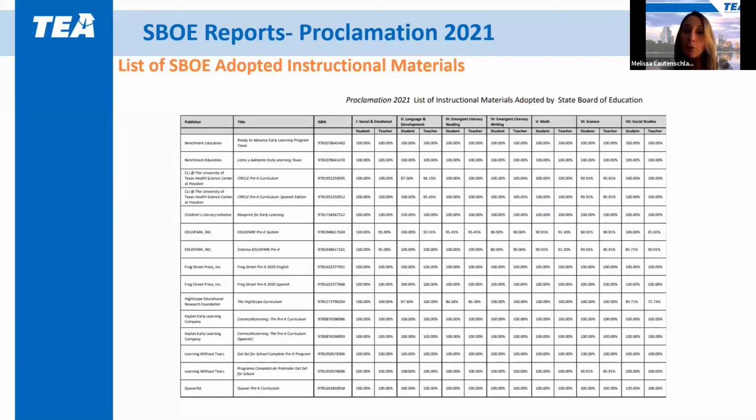So we're going to start off with our State Board of Education reports that happen as a response to the different proclamations. So always beginning here, it helps to understand what is the alignment of standards of our Texas pre-kindergarten guidelines and how well do the materials align with